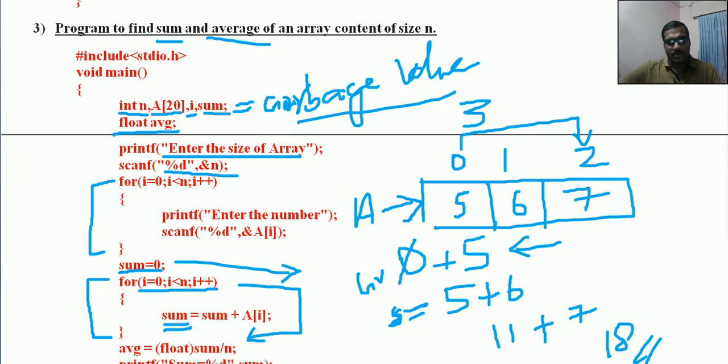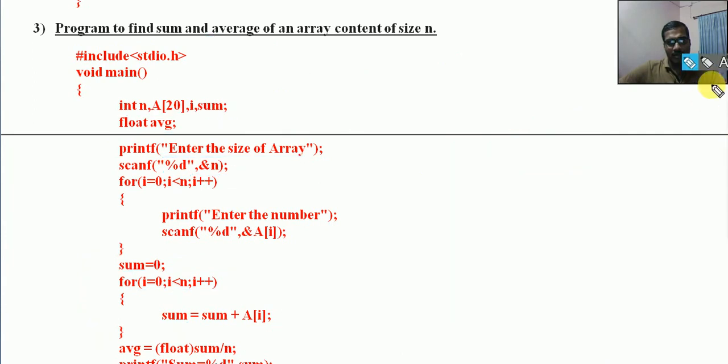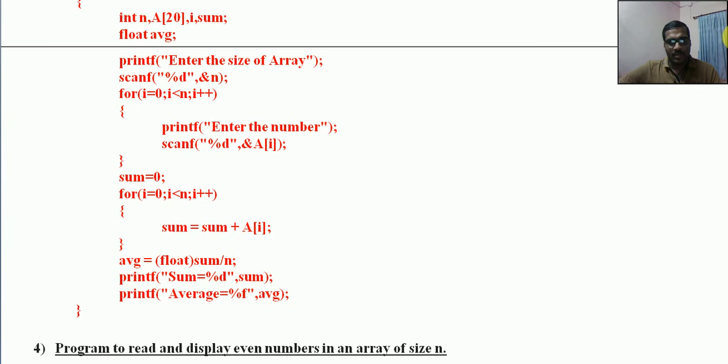Now, after finding the sum, after exiting from that loop, what do we need to do? Now look at the remaining portion of the program. So this portion is over. Now sum is already there in the sum variable. Now if you try to print sum, it will print that value, 11 plus 7, that is 18.